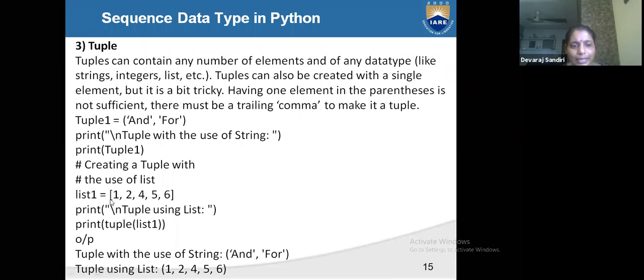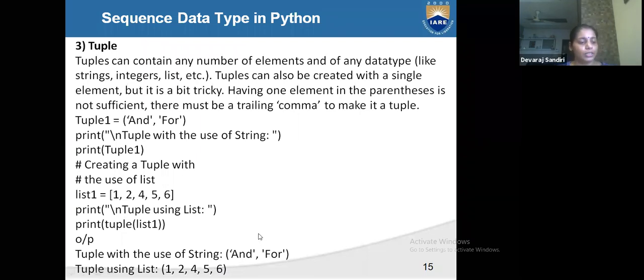But here the list was given as 1, 2, 3, 4, 5. This is a list, but it is converted into a tuple. So in the conversion, the square brackets changed into parentheses. Okay, understood, all of you?